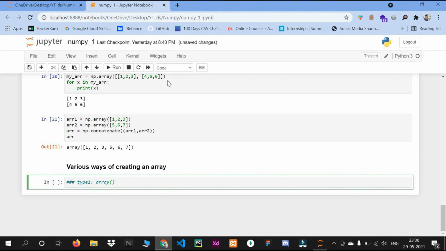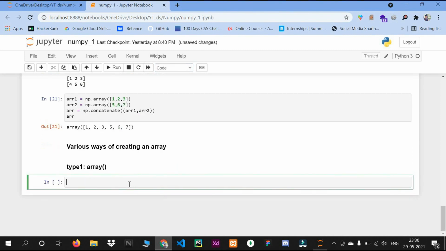First we will import it, import numpy as np.